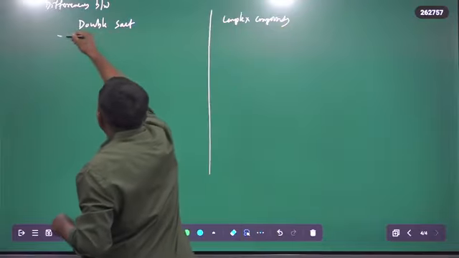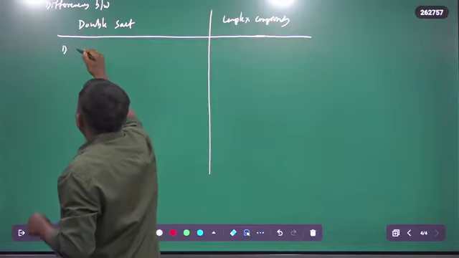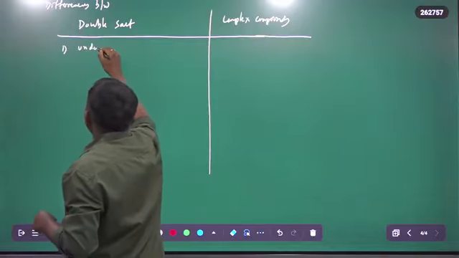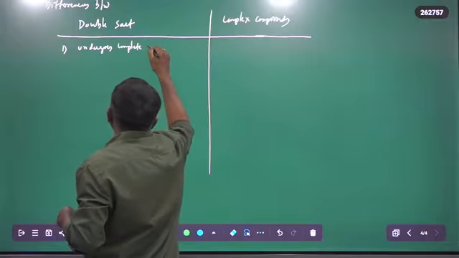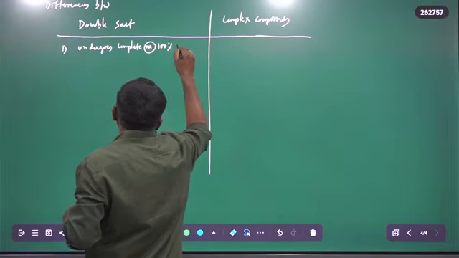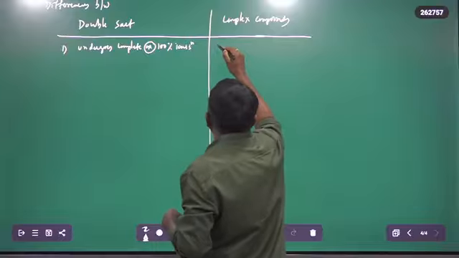Generally, double salts undergo complete ionization, complete or 100% ionization, but complex compounds undergo partial ionization